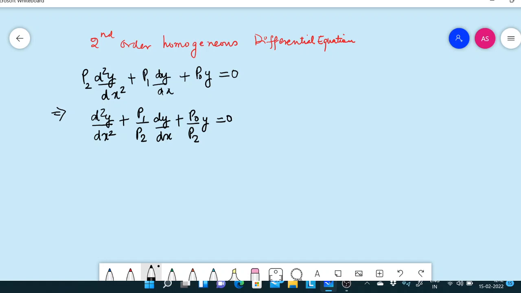Let us choose letter small k to denote our two fractions p1 by p2 and p0 by p2 with different indices. So we can rewrite this equation as